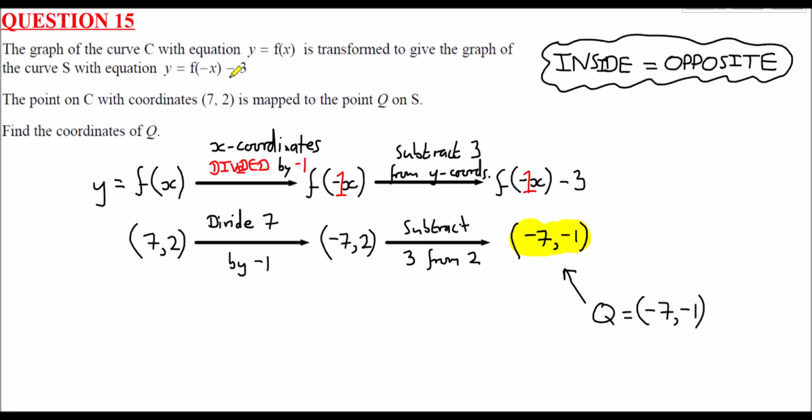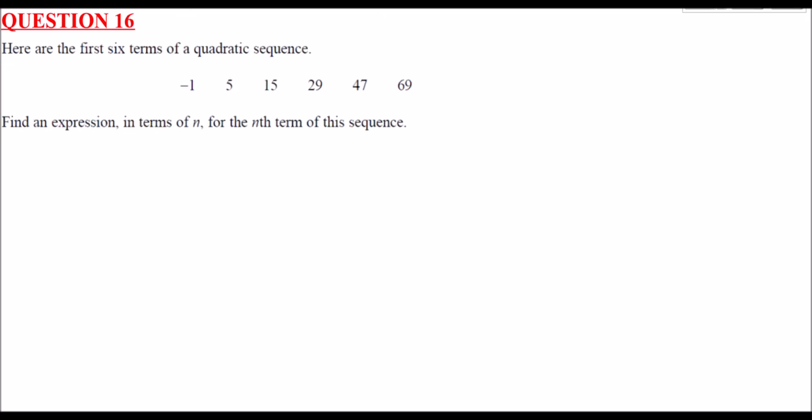Question 16. Here we have a quadratic sequence. So what we need to consider here is the general form of a quadratic. The general form of a quadratic is ax squared plus bx plus c. That's for a quadratic graph, or if the values are continuous. So for a quadratic sequence,